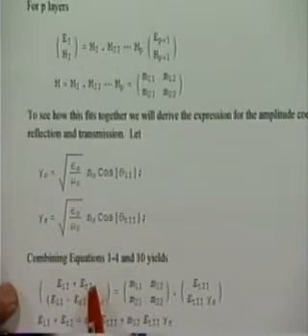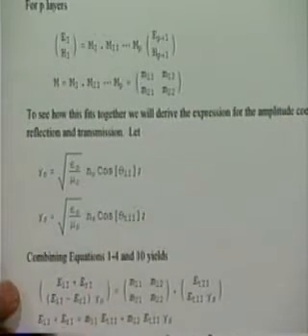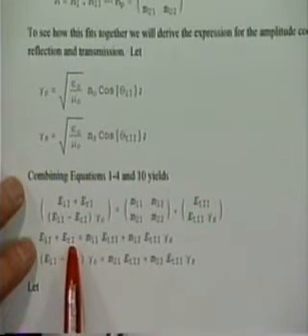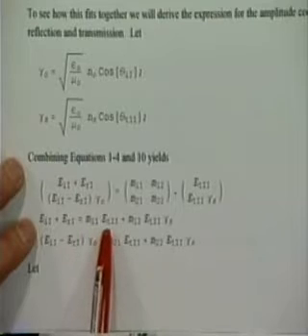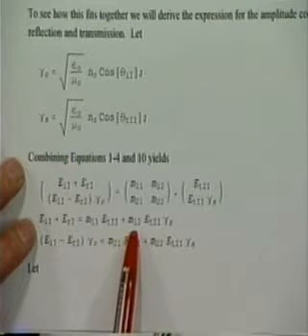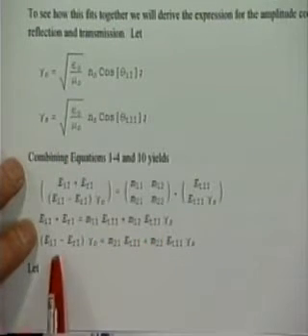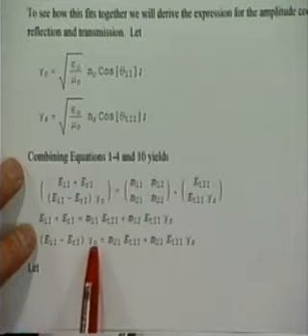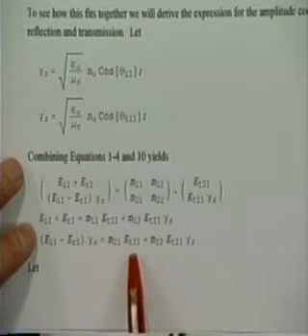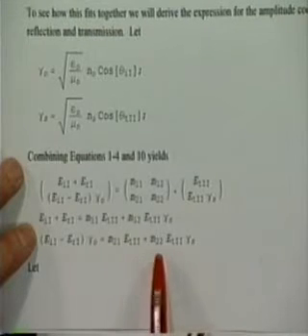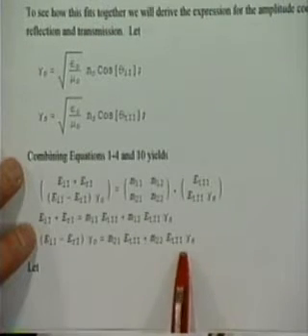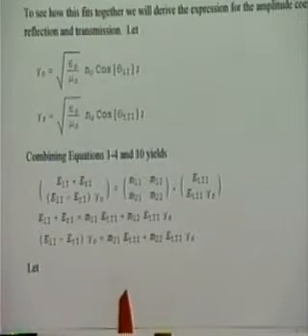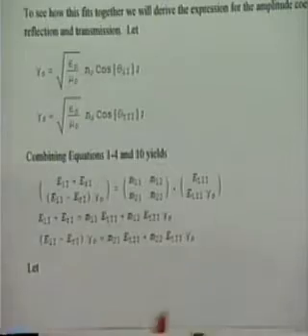So we will end up with this expression right here, which simply says that E sub I1 plus E sub R1 is M11 E sub T2 plus M12 E sub T2 gamma sub S. And E sub I1 minus E sub R1 times gamma naught is M21 E sub T2 plus M22 E sub T2 gamma S. Okay? And this will become a little more interesting